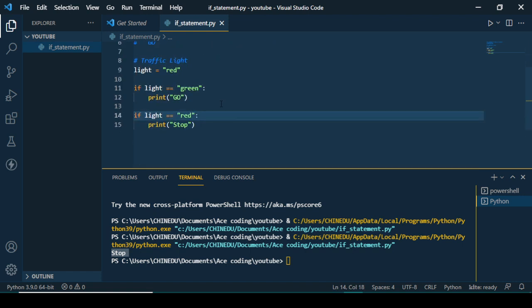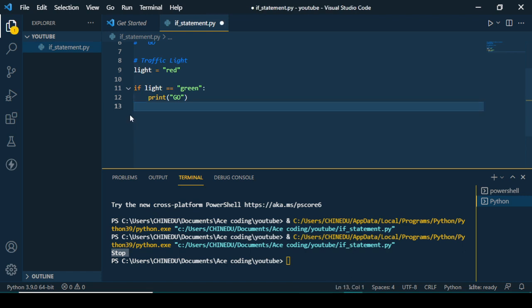So this is just a brief definition of the if statement. We also have something apart from the if statement. We call this the elif. Elif is like saying else if. That means if this condition is not true, you are trying to run another if statement. So let's do that right now. If this condition is not true, we're going to say else if, or in Python it's called elif. If light is equal to, let's say, yellow,